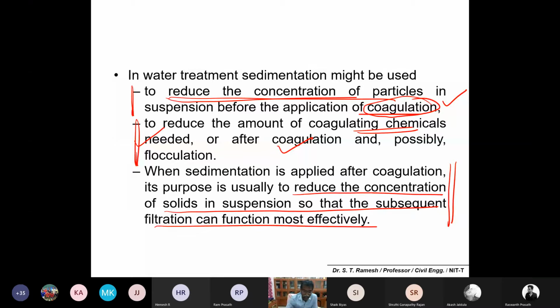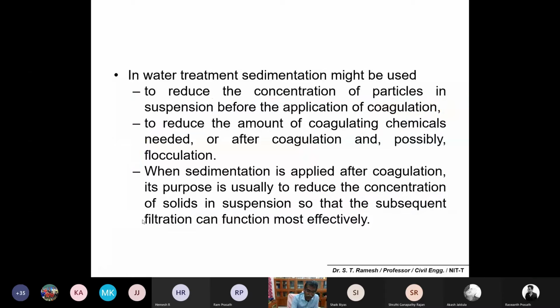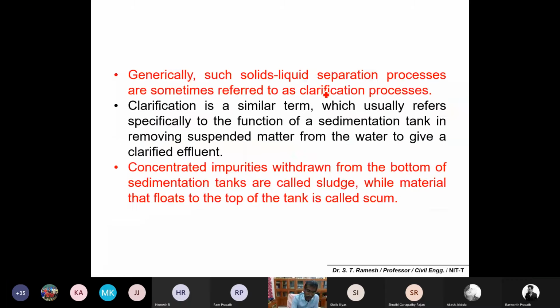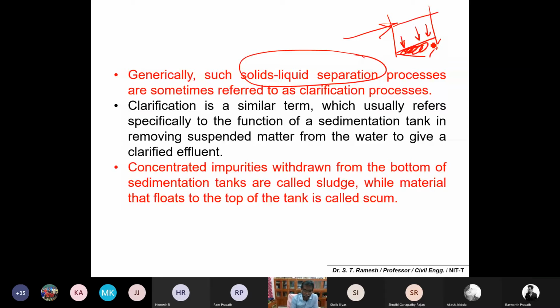Generally, these sedimentation tanks are a very simple concept called solid-liquid separation. You just allow the floc to settle in a tank by the simple action of gravity, thereby forming a liquid and solid separation. Please make a note: very simple action, liquid-solid separation. That's what the process is simply called, the clarification process. Please make a note: another name for sedimentation is also the clarification technique.